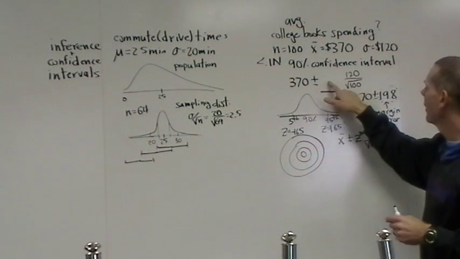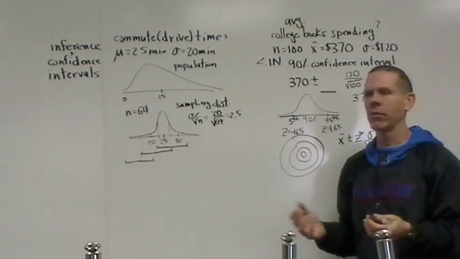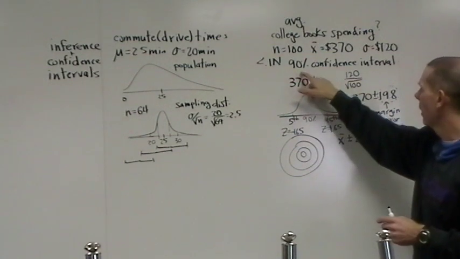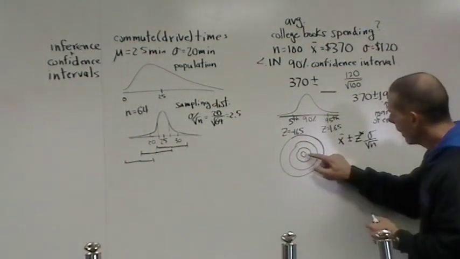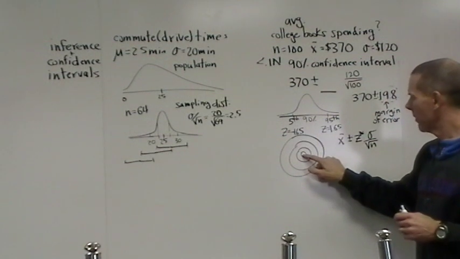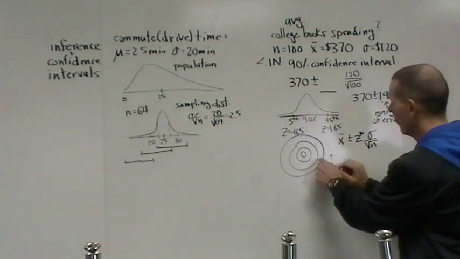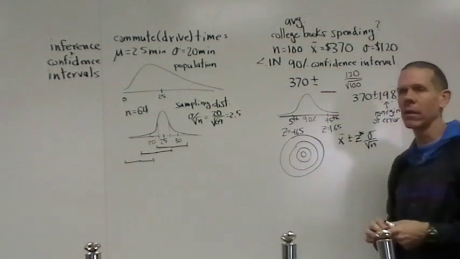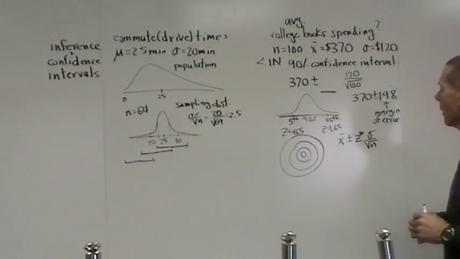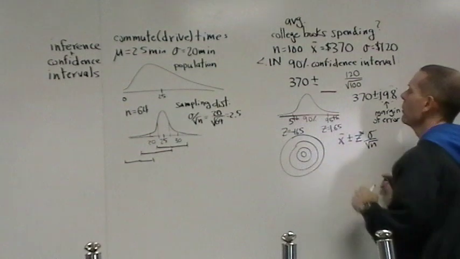Our question still remains is how far to go. Not 2 standard deviations, that's only for a 95% confidence interval. And here's the thought. If I want to be less confident, only 90% confident, again, it's like the dartboard. The closer in I move, the less confident I become. 10% confident maybe of hitting this, if it's a dartboard, maybe I'm 30% confident hitting here, maybe I'm 70% here, maybe I'm 9% confident hitting there. But the idea is that the confidence and how big your target are, they grow and wane together. Here's a way to find out how many standard deviations to go. It's not 2 this time.